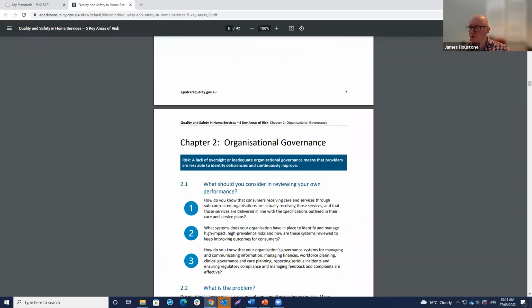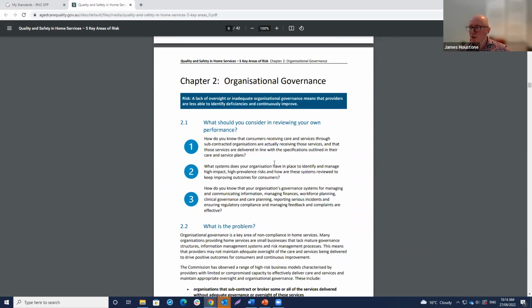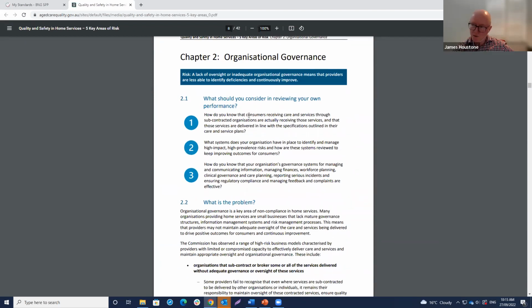Then when we scroll further into the document, they've highlighted a couple of key areas for reflection. Under this first heading of organisational governance, what should you consider in reviewing your own performance? There are these three key risk areas under organisational governance.